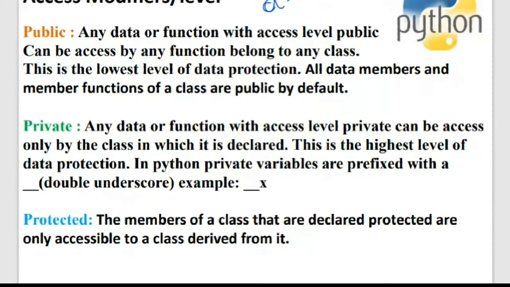Right. So while giving the public access, you should be very careful, because there is no security. You're just saying it is a public variable, and some variables need to be public when you're developing your application. So private means the highest level of data protection. For a private variable, you use a double underscore, which we also call dunder. Rather than pronouncing it as double underscore, we say dunder. If you make a variable private inside a class, not even another class in the same program can access it.